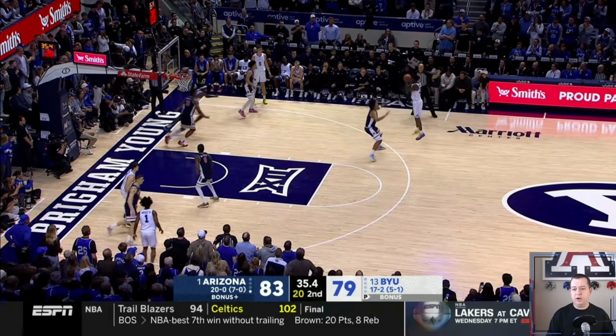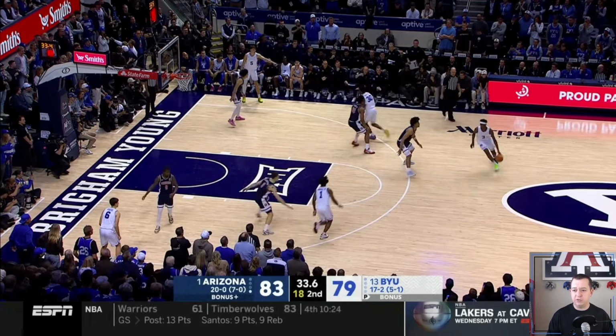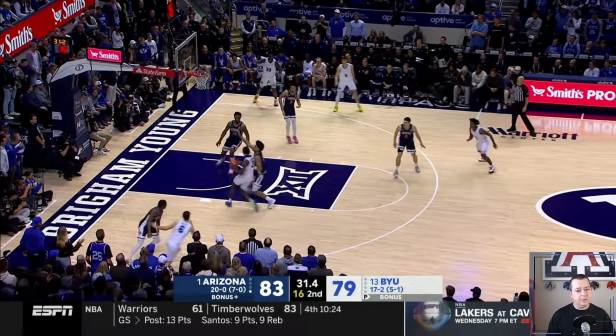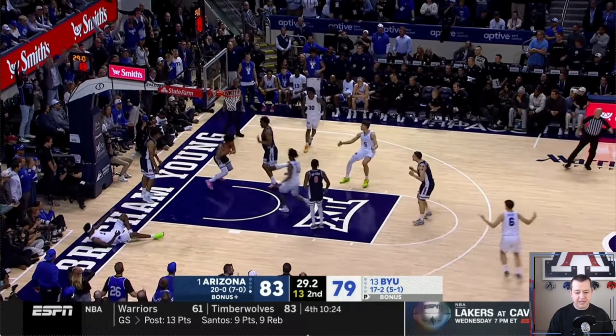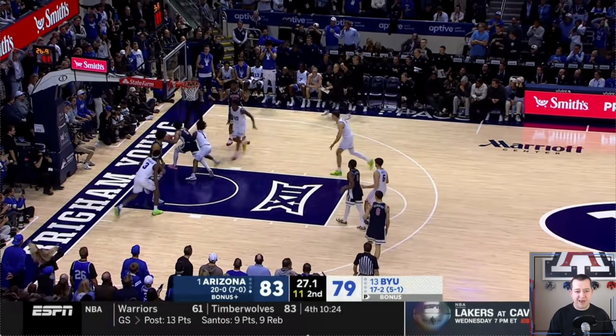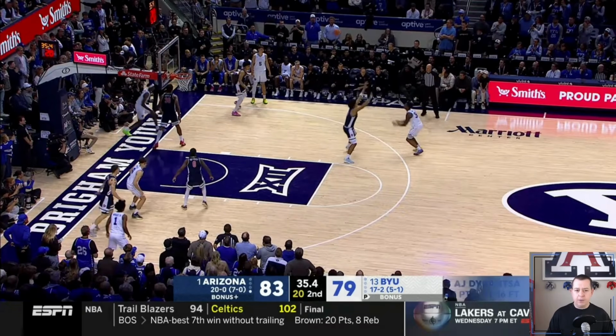And this is where Awaka and Pete are going to do this little switch here. And Pete does a better job of being able to contain. BYU definitely wants that foul there. But Pete does a better job than the clip that we saw earlier. Now, what I would say,